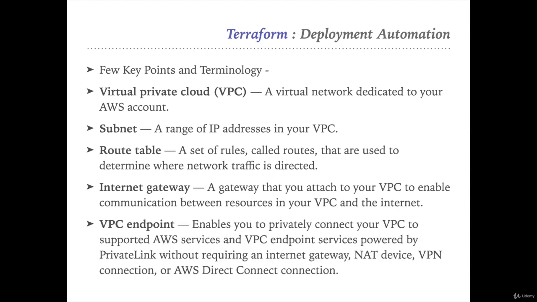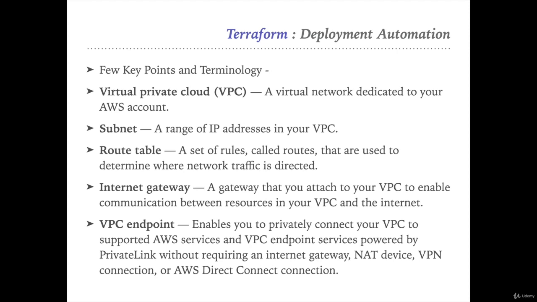And the next one is the VPC endpoint. A VPC endpoint enables a private connection from your VPC to supported AWS services, right? VPC endpoint service is powered by PrivateLink without requiring an internet gateway, NAT device, VPN connection, or AWS Direct Connect. So whenever you want to set up some private connections, you can use the VPC endpoint within